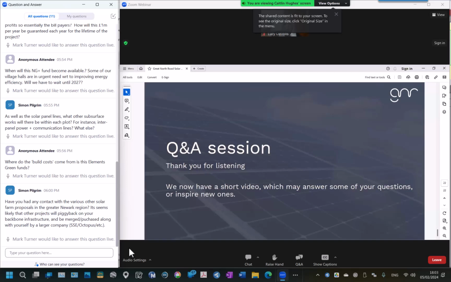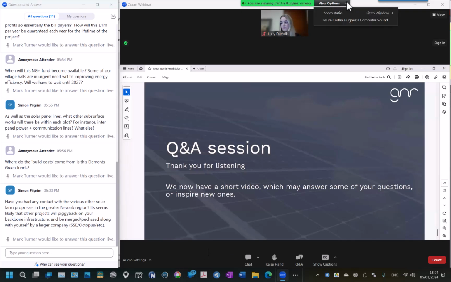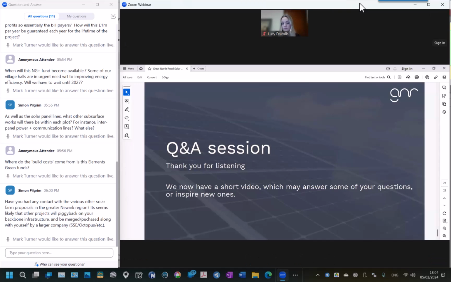NG Plus is a community support scheme linked to the proposed Great North Road Solar Park in Newark. Our mission is to deliver a brighter future through our annual £1 million fund. With this fund, NG Plus will support and deliver projects to benefit the local community with a focus on the environment, education, food security, well-being and energy efficiency. NG Plus is committed to enhancing biodiversity by developing woodlands, meadows, wetlands and hedgerows, establishing wildlife corridors, supporting beekeeping initiatives and improving soil quality in collaboration with local farmers like me.